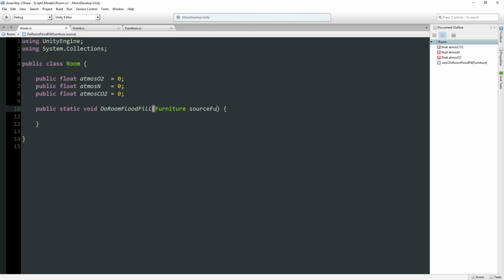Source furniture, or some damn thing like that. We're not going to be typing this name a lot. But, oops, source furniture